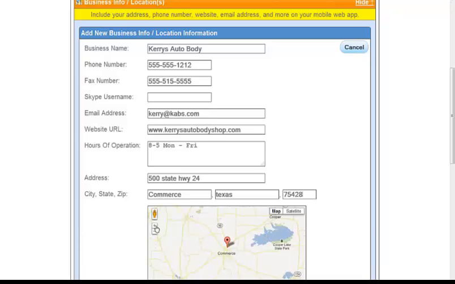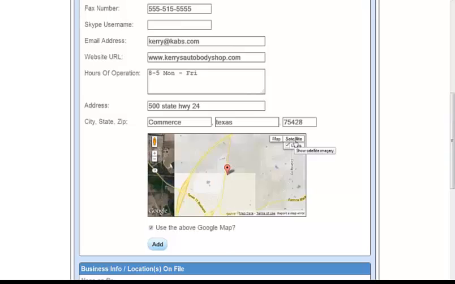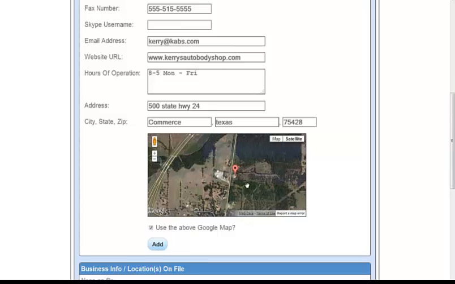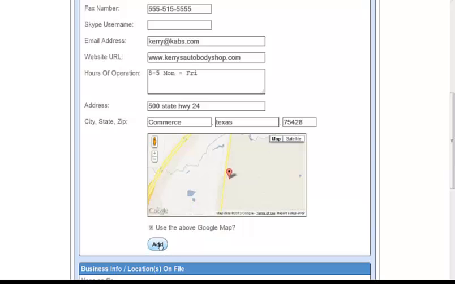Now, the great thing about this, and I give the guys credit because they used the full Google Map system, is it's got the satellite location view in here, and I can actually look and know that that's actually the place that I wanted. All right, excellent. So check the location. We know everything's good. All the information is correct. All right, use the Google Map above. Click Add.